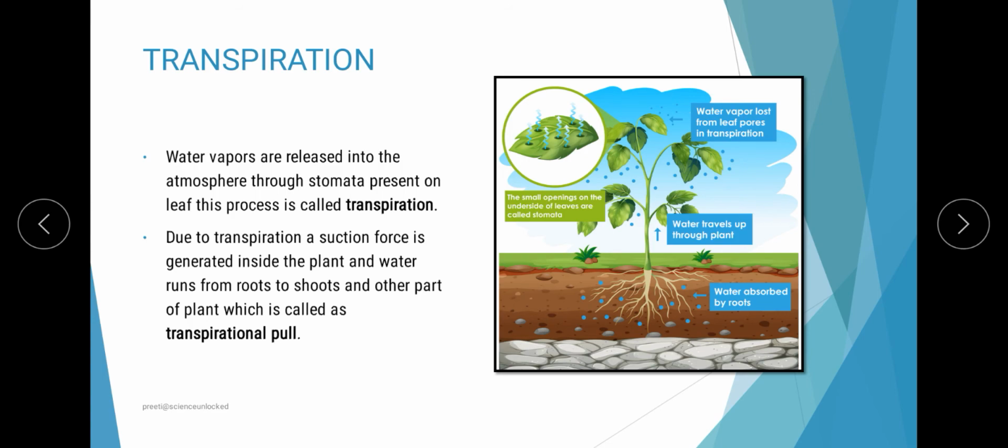Instead, along with the movement of oxygen outside the stomata, there will be movement of water as well, which is called the process of transpiration. Because this process is actually against the gravitational pull, it is considered along with another name, that is transpiration pull, where we say that the water absorbed by the root is actually pulled from the upper part of the plant, that is the leaf region, and once it reaches there it evaporates through the stomata.